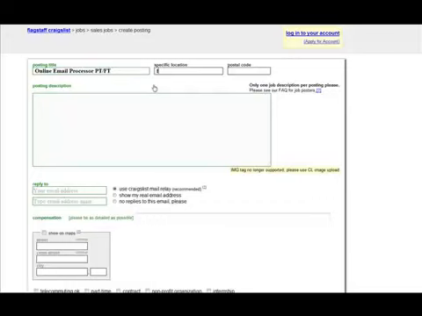And then I like to just put the city here that I'm posting in, and then right here I just put USA, because I don't always know the postal code, and it doesn't really matter anyway. Now we're going to type our ad in here. Now we can use image ads